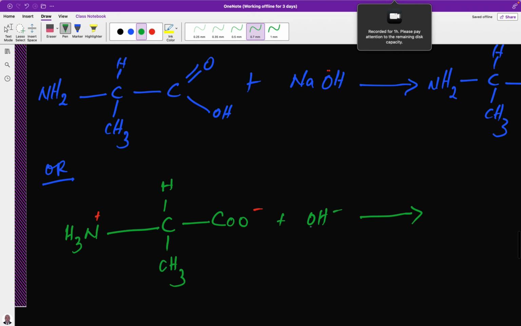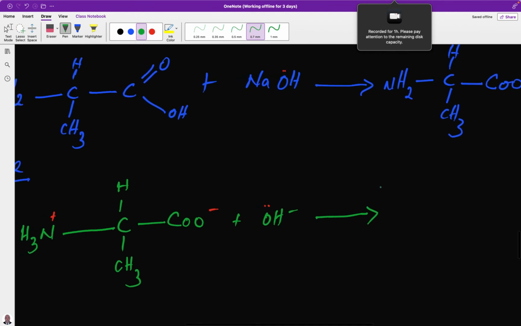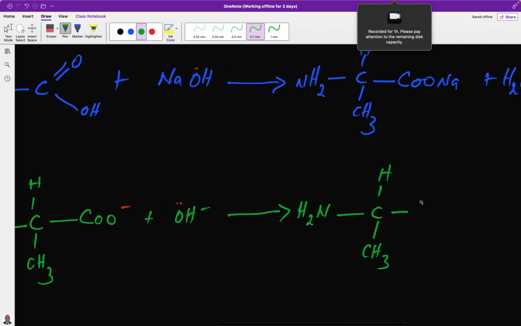It will be donated here to the lone pair of electrons, because there is a lone pair of electrons here. So the lone pair here will accept the proton, and this will be the result. When it donates the proton, the amine group is reformed. We will have this. The amine group is reformed, and it will be a COO minus, a plus,